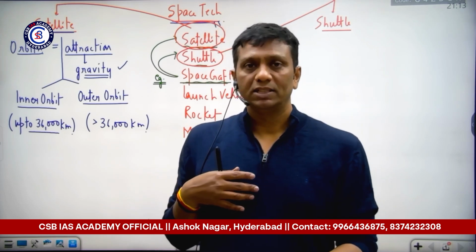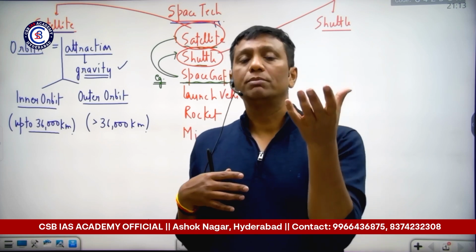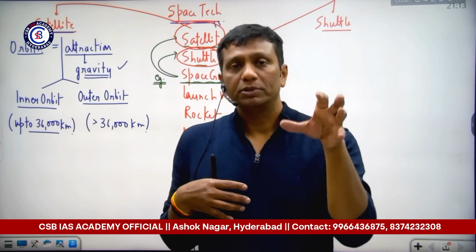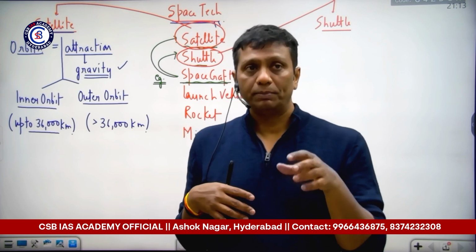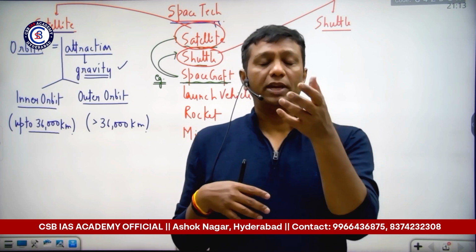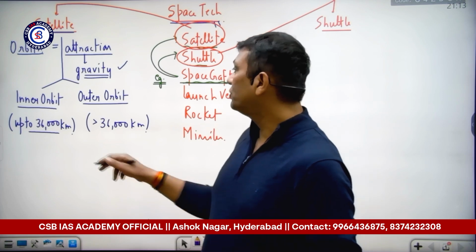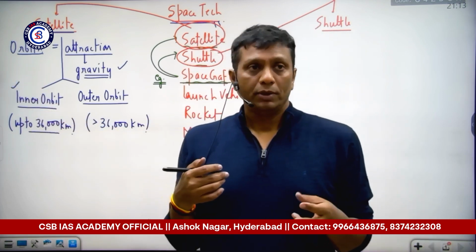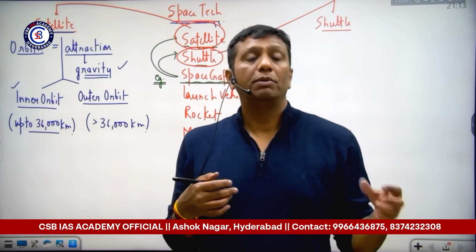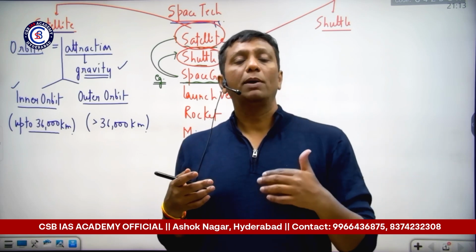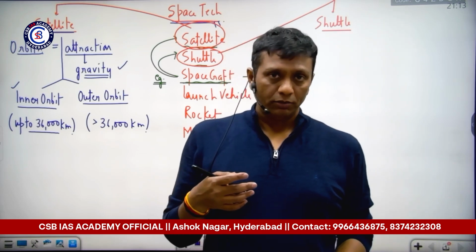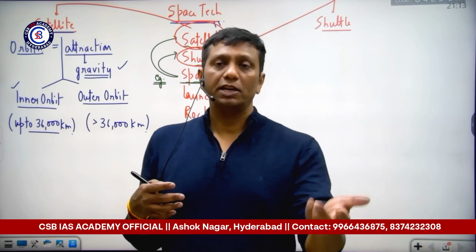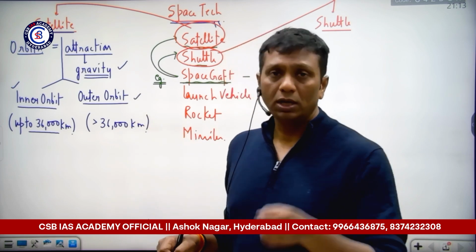For Earth-based uses, countries, like I want to use a satellite for navigation purposes, for spy purposes, for GPS purposes, DTH purposes. In that condition, we have to put the satellite into the inner orbit. But if I want to do a study of Mars or the Moon, definitely we have to send it outside of the Earth's orbit. In such a way, we are sending them into the outer orbit. So our Chandrayaan and Mangalyaan kinds of missions, we send them into the outer orbit.